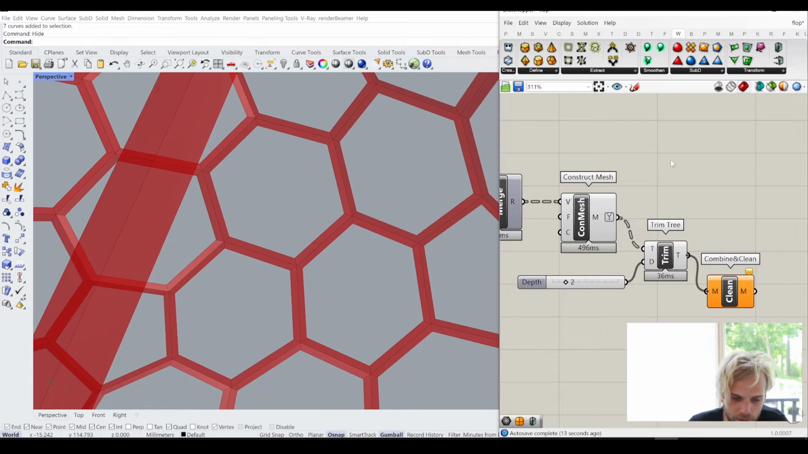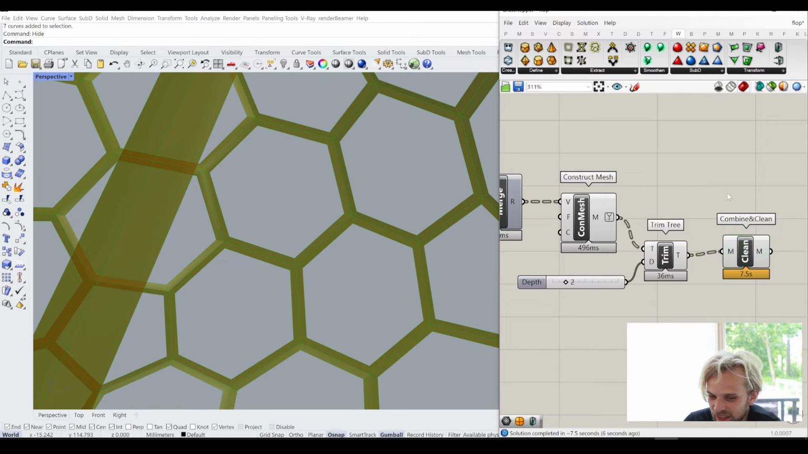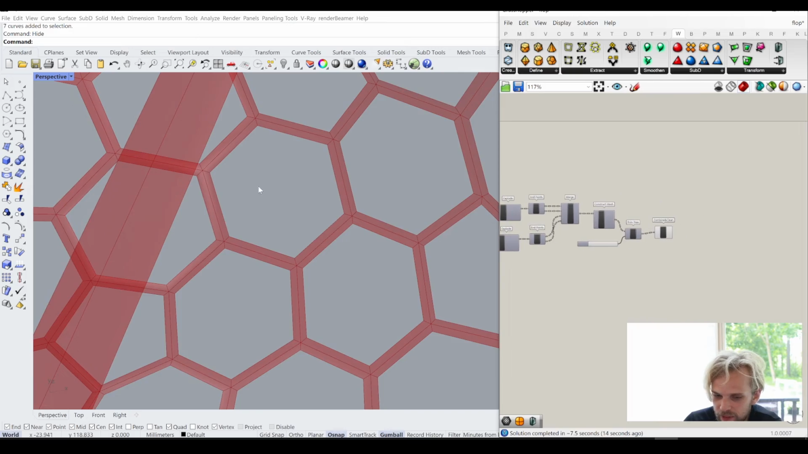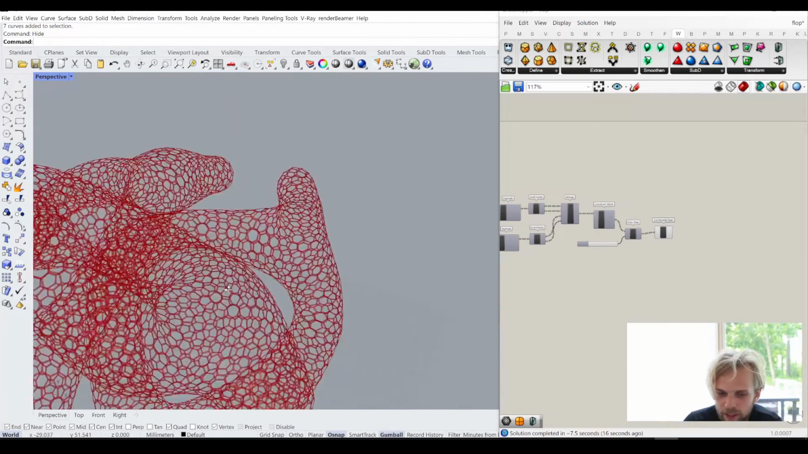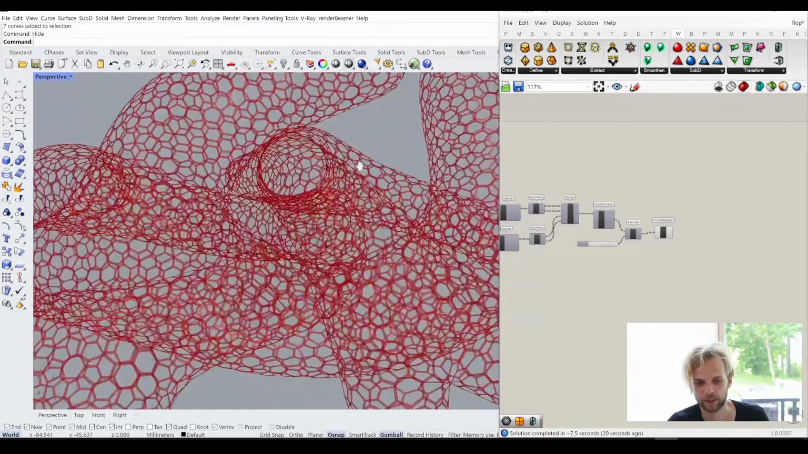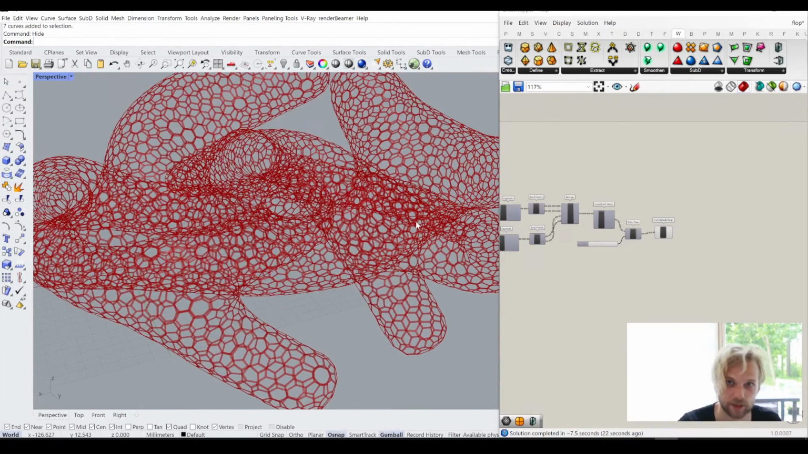My laptop is overheating. That's not great. In your case, it should be much, much faster. I have no idea why my laptop is doing this, but by the end of it, we do have a lattice structure, a hexagonal lattice structure at our hands,